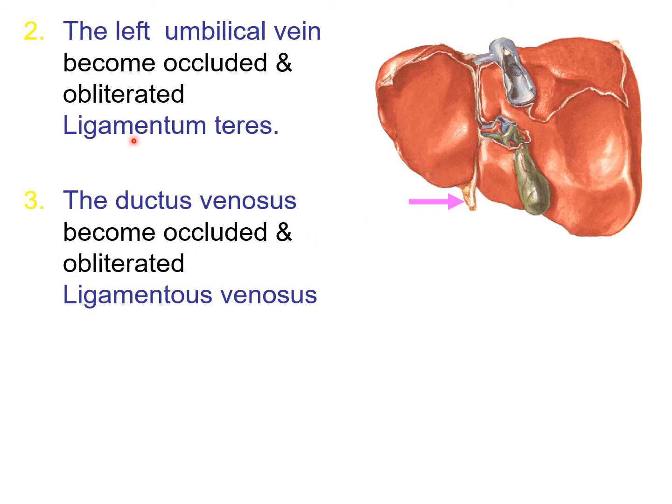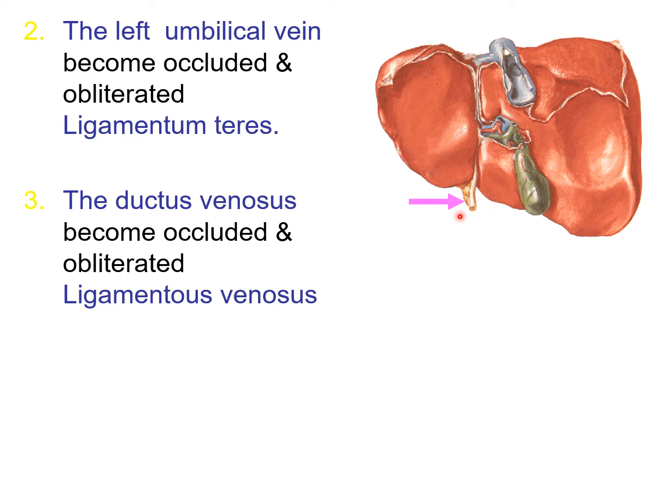So when we close the umbilical vein and when we close the ductus venosus, what will happen? All the blood which is passing to the liver, now there is no ductus venosus, or it is closed. So all the blood has to enter the liver, into the sinusoids. From the sinusoids it enters the hepatic veins, and from the hepatic veins it enters the inferior vena cava, which is actually the adult circulation. So the umbilical vein is obliterated, and in adult life it becomes a ligament which is known as the ligamentum teres.